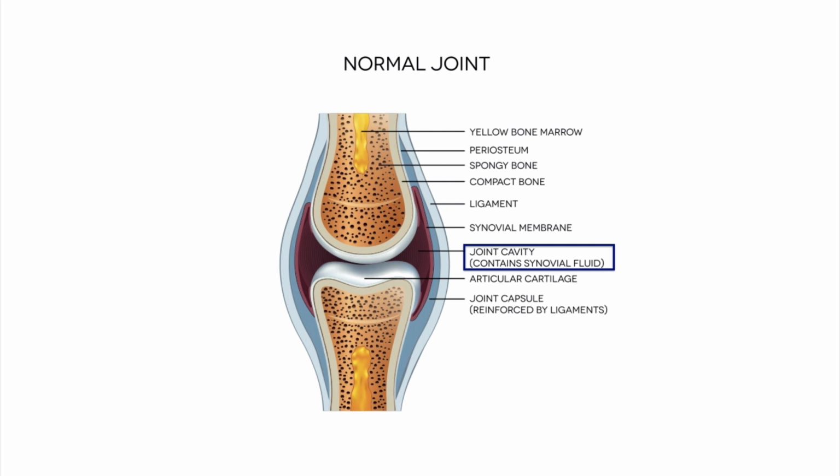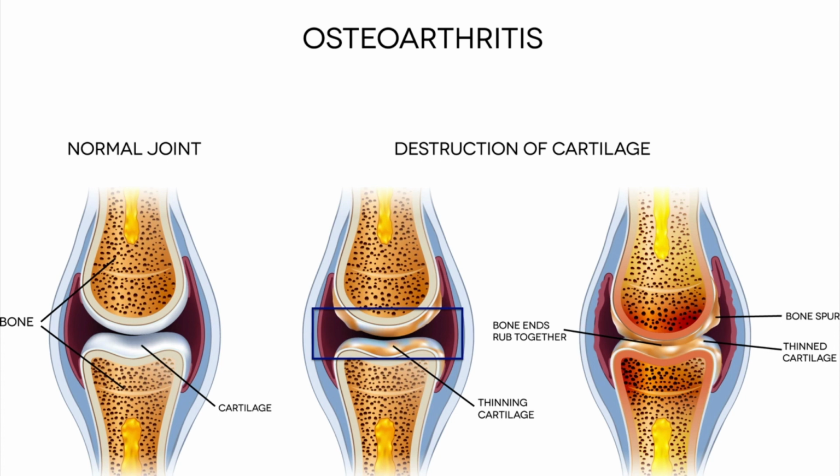The synovial fluid is the thick fluid within the joint space that functions to reduce friction between the bones, provide shock absorption between the bones, and provide nutrition to the articular cartilage. The articular cartilage provides a smooth, lubricated surface for joint movement. In cases of osteoarthritis, we begin to see joint space narrowing and thinning of the articular cartilage. As the condition progresses, the joint space is eliminated, resulting in the bone ends rubbing together and the development of